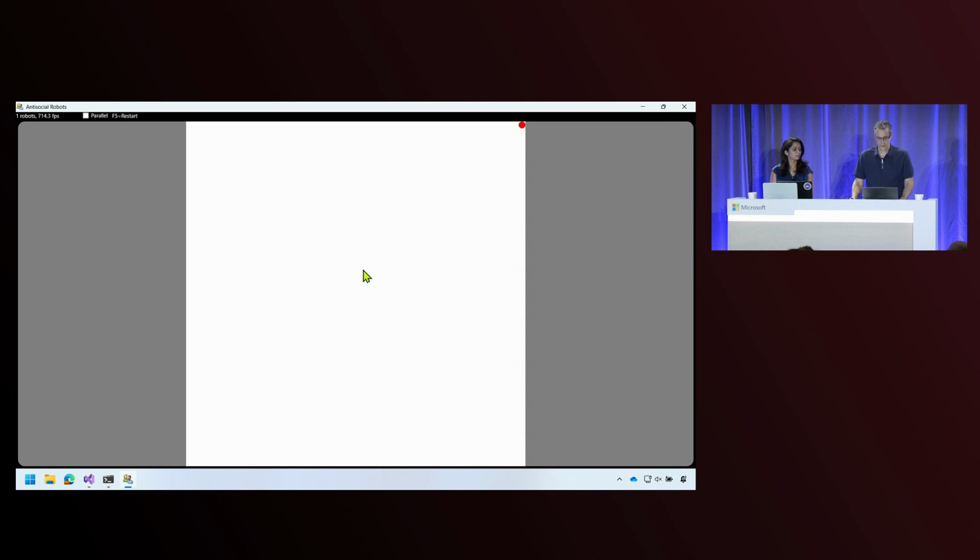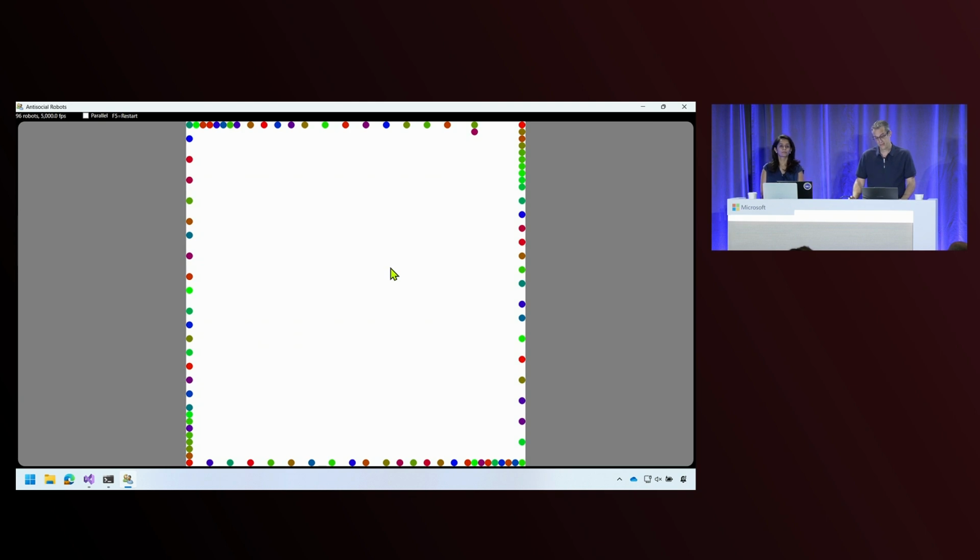This is a simple WPF app that runs a simulation of multiple robots. And in this case, what they're supposed to do is simply move around in this area and still try to keep their distance between each other. And obviously, there's something going wrong here. And we'll dive in and investigate what might be going on.